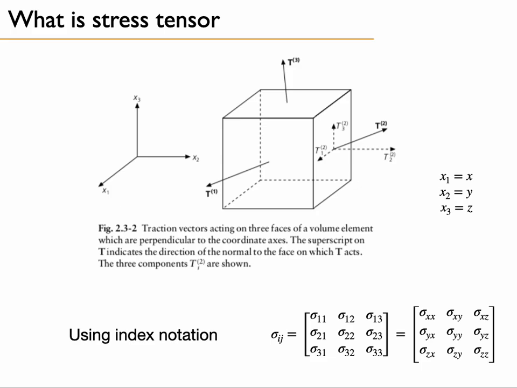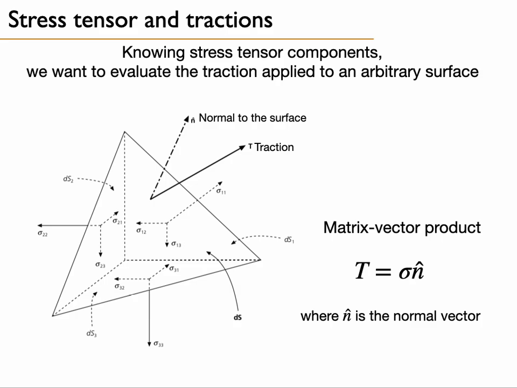So using the index notation here, we can formulate the stress tensor as sigma 11, 12, 13 up to 33 for the 3-dimensional case. Alternatively, you can use the x and y notations to populate your tensor. So when we know the stress tensor components, we can evaluate the traction which is applied to any arbitrary surface